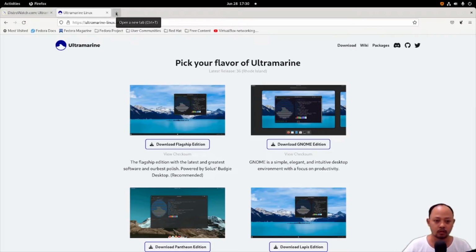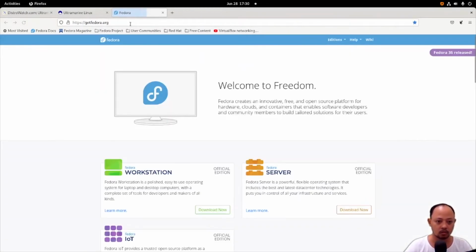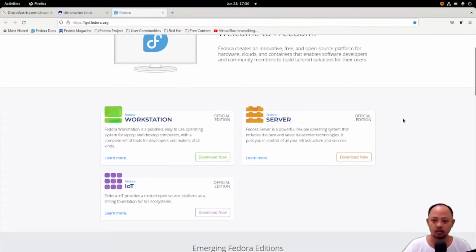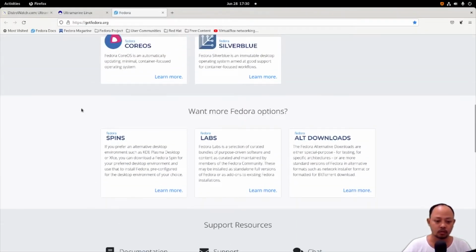It's different from Fedora. Let's go to Fedora and check the Fedora versions that are bundled with some desktop environments. So we will go to the Fedora Spins.